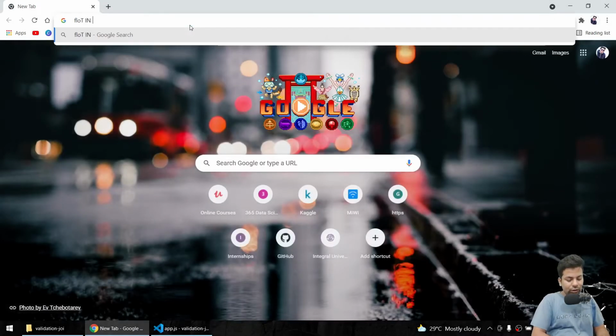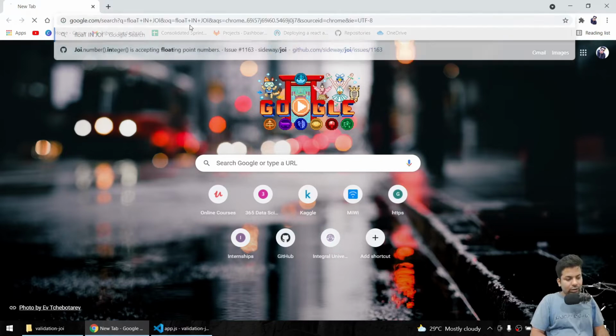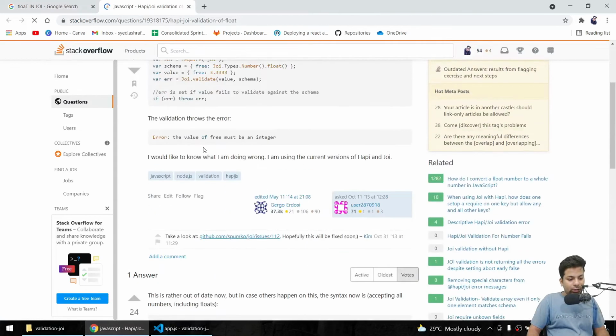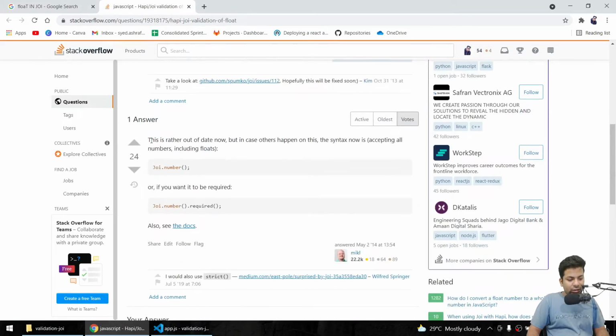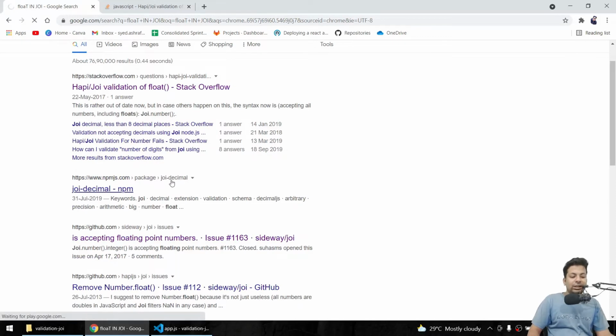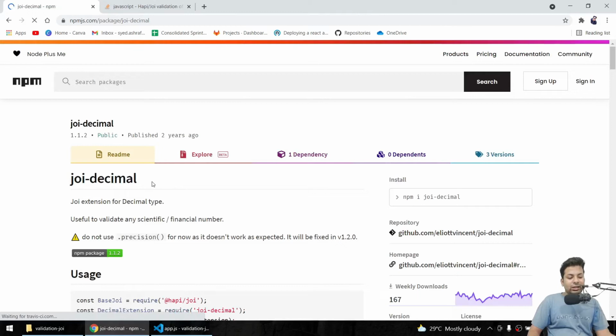Let me search float in Joi and check the answer. This is out of date, so you can see it's out of date. We just have to directly write number, and we have to install another library, Joi Decimal, and then we can check.